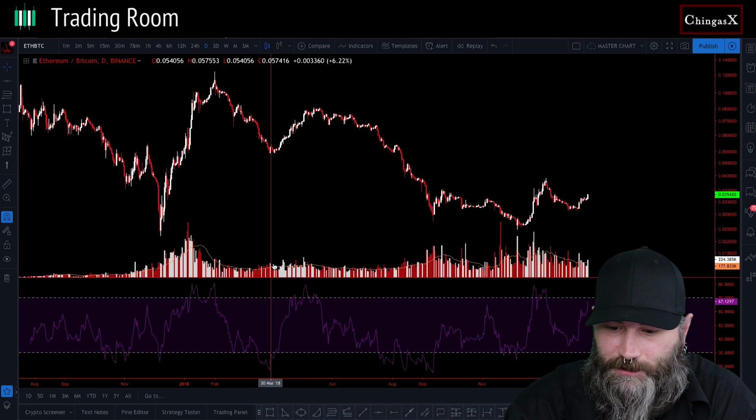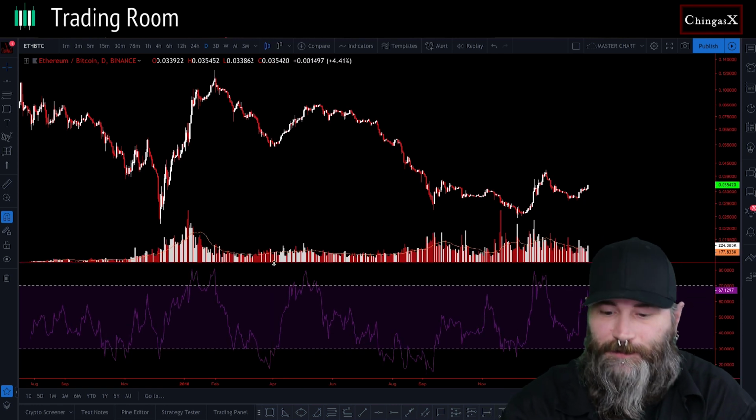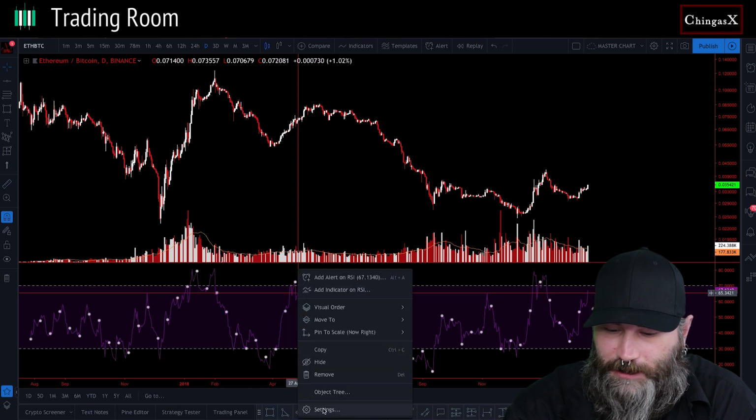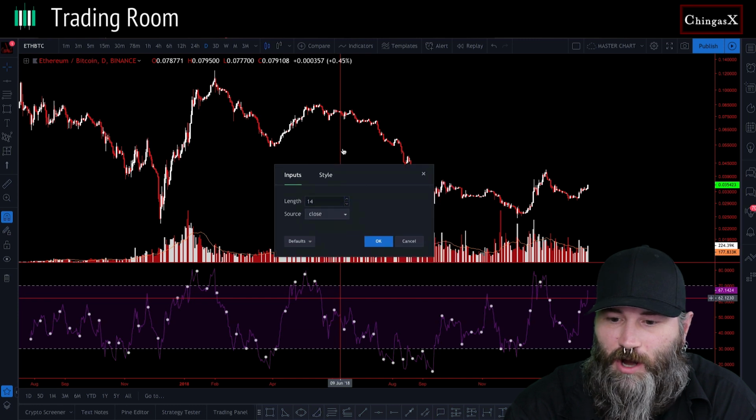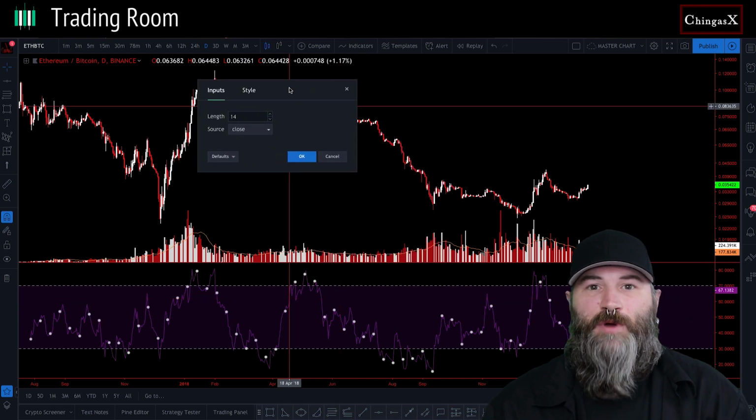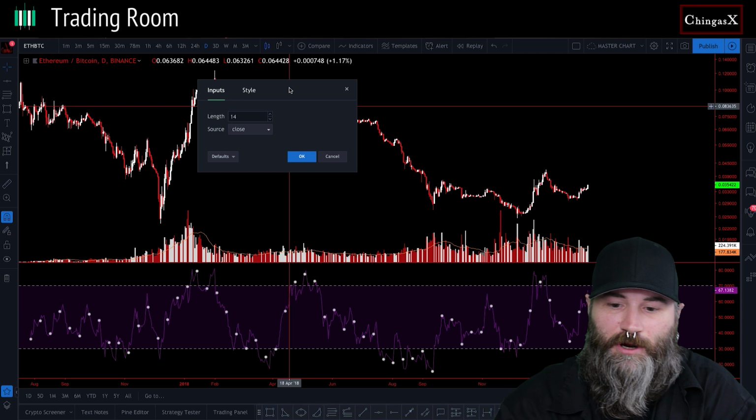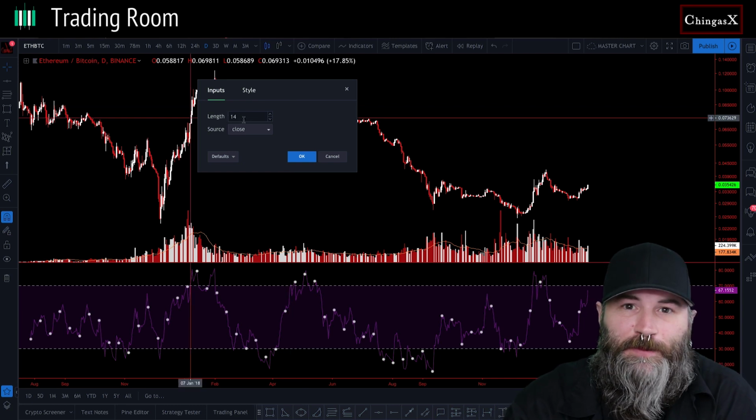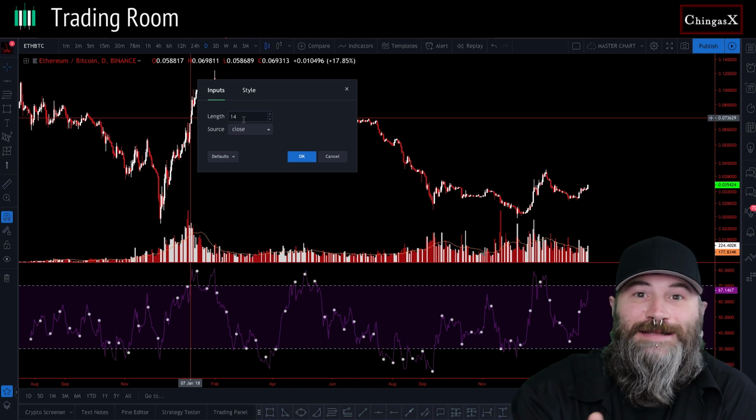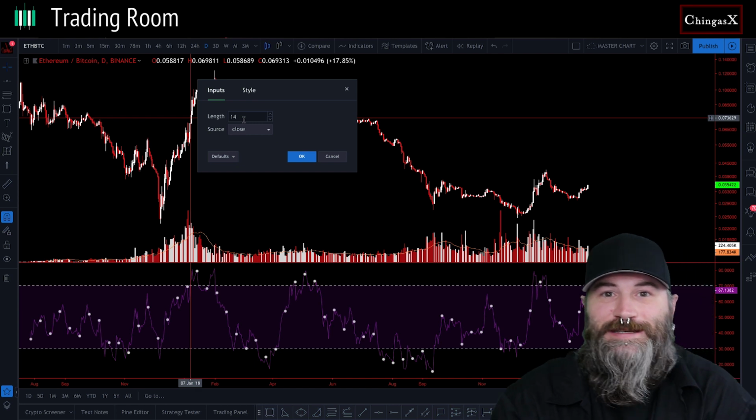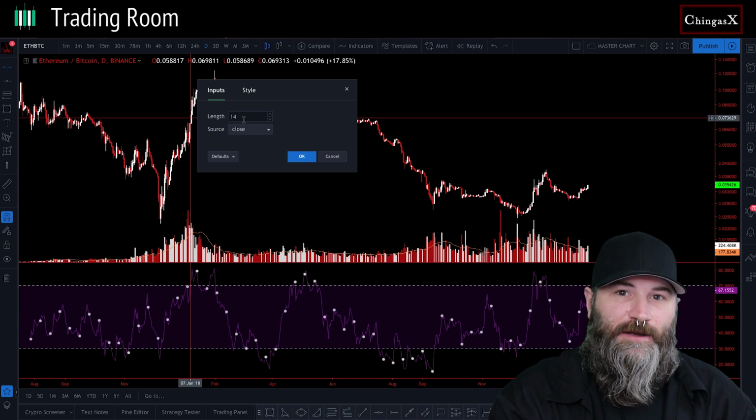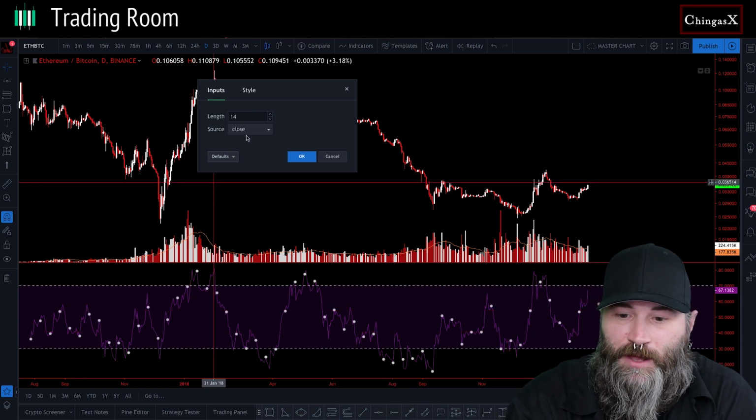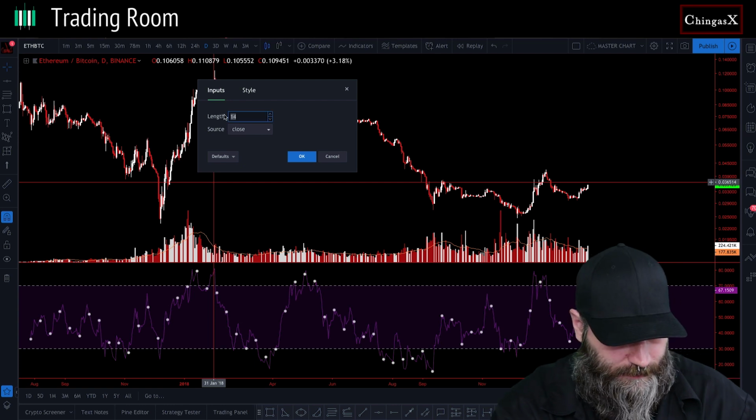I can make it a little bigger so it's a little easier to see. In any area of here, you can simply right-click and go to settings, and we're going to talk about the different options you have once you have it on your chart. The length is that 14 period that we were talking about. Currently, we're on a daily chart, so we're looking at 14 days worth of data that's giving you the results on the RSI. If we were to change this to 7,